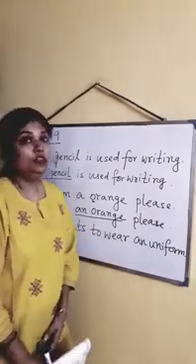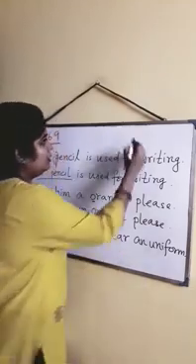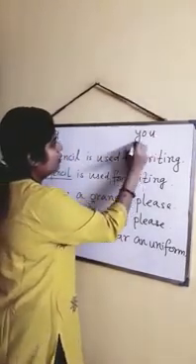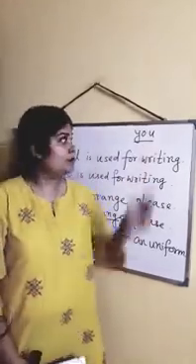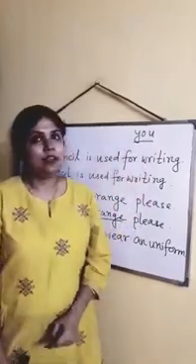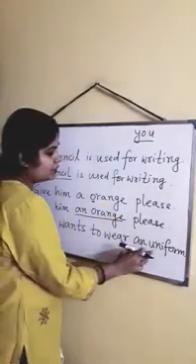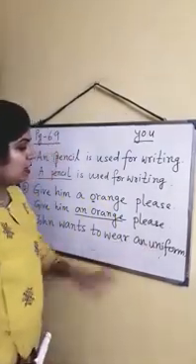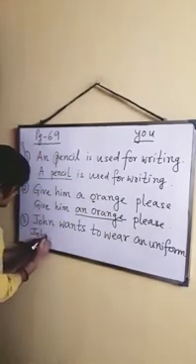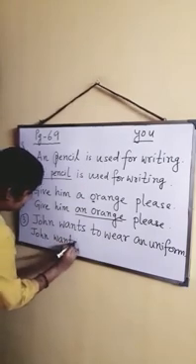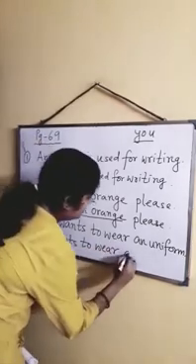When you say uniform, it sounds as if it starts with Y, because Y-O-U is U. So it is sounding like uniform. Uniform, Y. So Y is not a vowel. So you will not write an in front of uniform. It will always be a uniform. The answer becomes like this. John wants to wear a